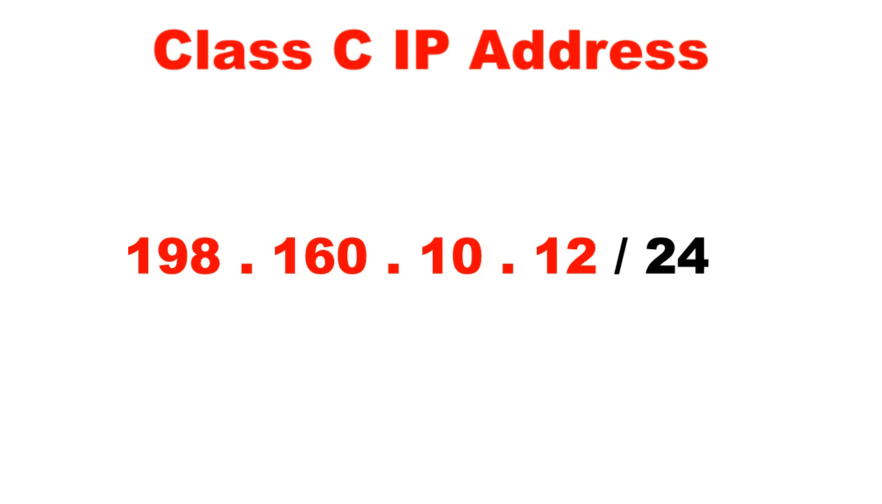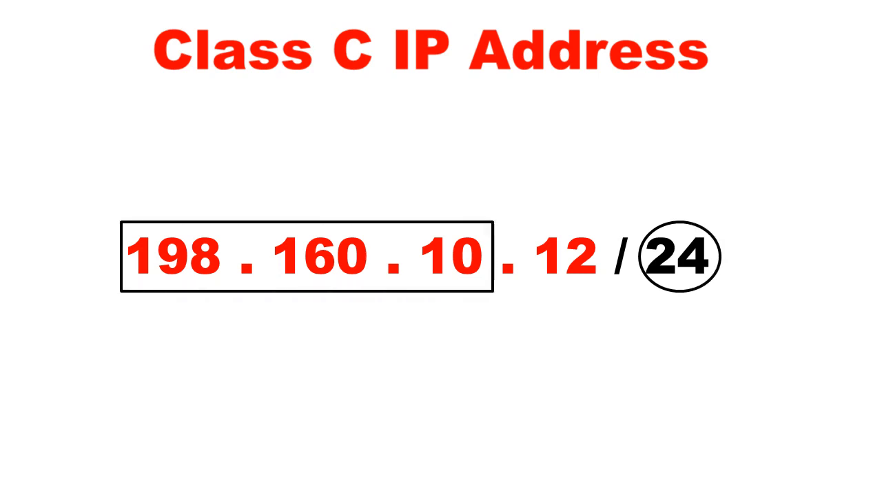Let us give an example of a class C IP address: 198.160.10.12. This is a 24-bit address because the first 3 octets hold the network value, that is 198.160.10, and the last octet holds the host value, that is 12. Therefore, we can have